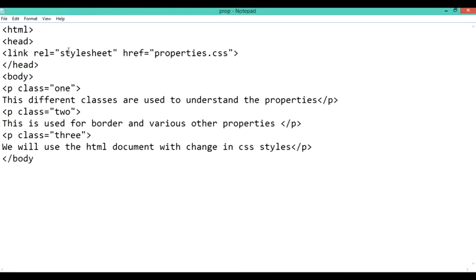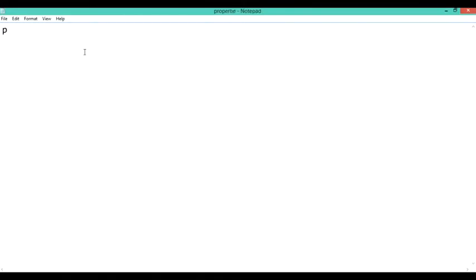Here, as you can see, I have created an HTML file. In it, I have added a link to a CSS file, and then given some paragraphs. I have given the paragraphs id1, then 2, and then class 3. First, I am using p.1, in which I have given the border some particular pixel and then the padding. The first thing I have given here is border, in which I have given 5 pixel, then solid, then green.